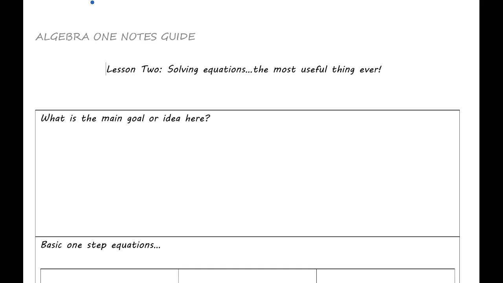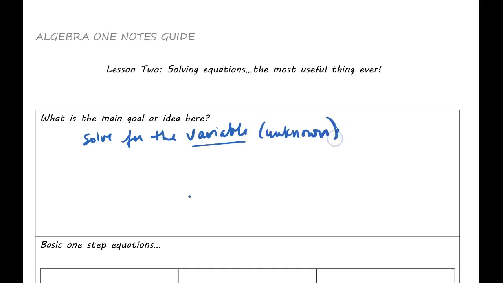So what is the main goal or idea here? Well, the idea is that you're going to have a variable and you are trying to solve for the variable or the unknown. A variable is like your letter, the thing in the problem that is a numeric value, but you just don't know what that numeric value is. So you're trying to solve for the variable, and the way that you do it is you want to isolate the variable